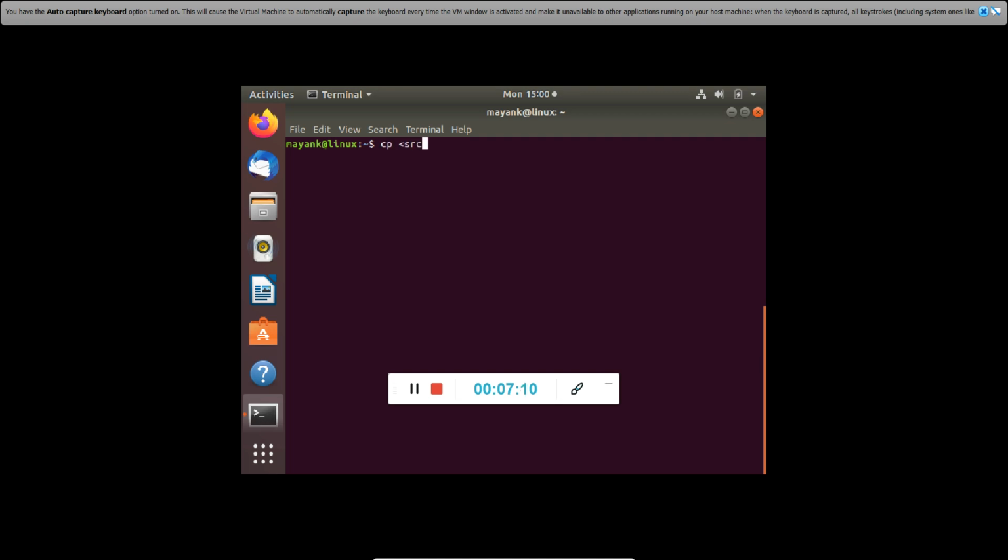So just to write the syntax of it, we can write it like this: you have to copy from source to destination. Source means from where you are copying and destination means where you are copying it. So cp is the command which is used for copying from one place to another place. Let's see if any file is remaining. Yes, touch f3. So f3 is remaining.